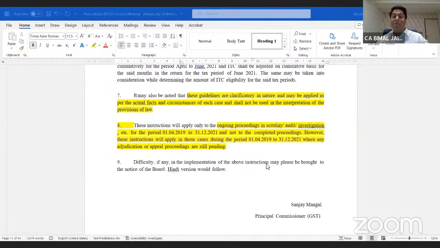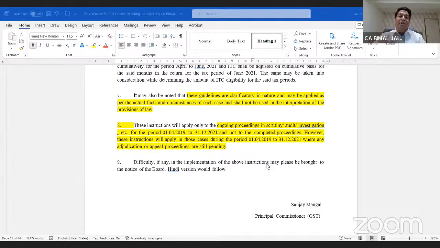This is all from circular number 193, dated 17th July 2023, now applicable till 31st December 2021. So you can look at circular number 183, read with circular number 193,